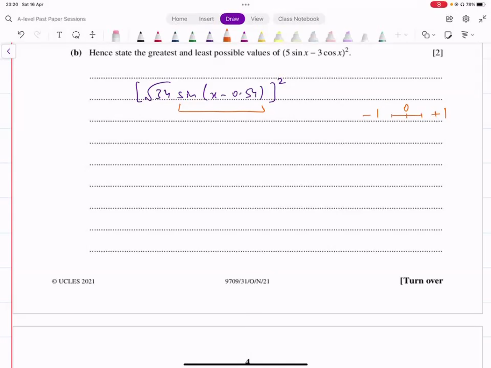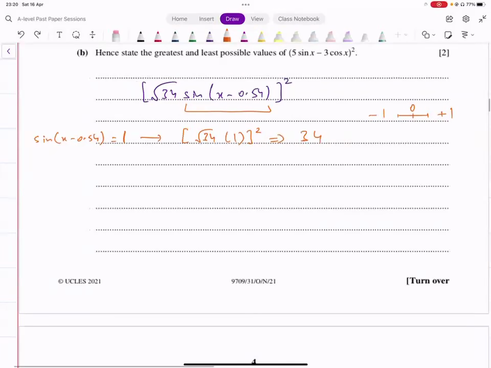0 पे आपको देखना होता है, -1 पे देखना होता है, +1 पे देखना होता है। जब स्क्वायर आता है तो -1 +1 पे तो सेम वैल्यूज आ जाती हैं, दैट इज नॉट गोइंग टू मेक एनी डिफरेंस, बट 0 पे आपको एक और वैल्यू मिलेगी। नाउ लेट मी एक्सप्लेन व्हाट आई मीन बाय दैट। आपने साइन वाली जो टर्म है उस पूरे को आपने 1 इनपुट कर देना है। अगर उसका 1 इनपुट कर देते हो, व्हाट डू यू गेट फ्रॉम दैट, यू गेट स्क्वायर रूट ऑफ 34 into 1 whole square and that gives you 34। एक वैल्यू आपके पास ये आ गई।